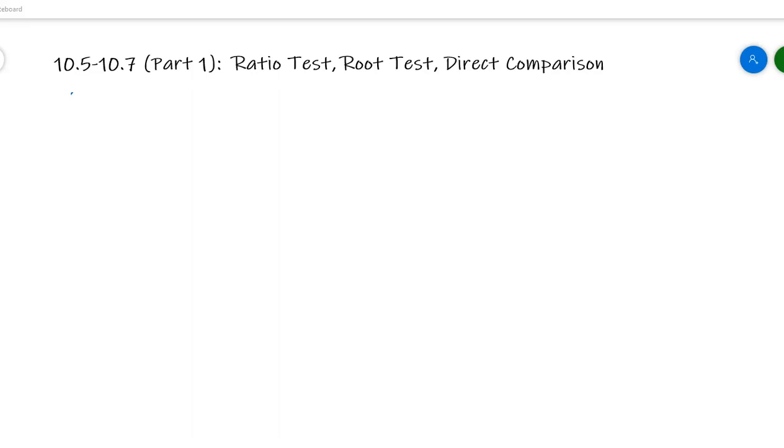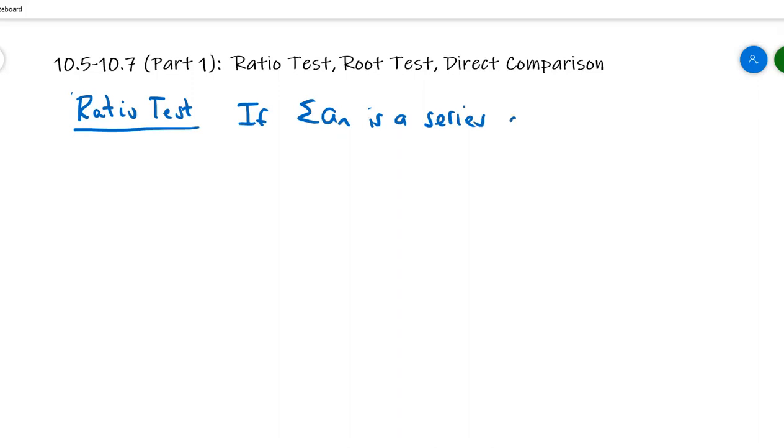We'll start with the ratio test. The ratio test is one of these tests that can be used very often, but is not always our first choice to go to because it's a little bit more complicated. However, there are times when the ratio test is the only one that works. So suppose I have a series of positive terms. So if the sum of all the a sub n's is a series of positive terms,